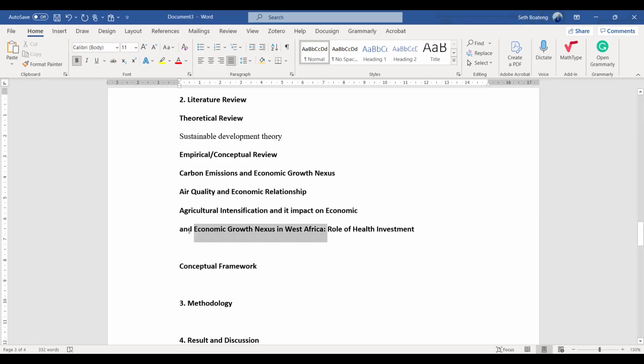Now we have the moderating role of, let me check. Yes, I think we moderated health. Yes, it's moderating, not mediator. So the moderating role of health investment in, we are dealing with environmental sustainability and economic growth. So the moderating role of health investment in